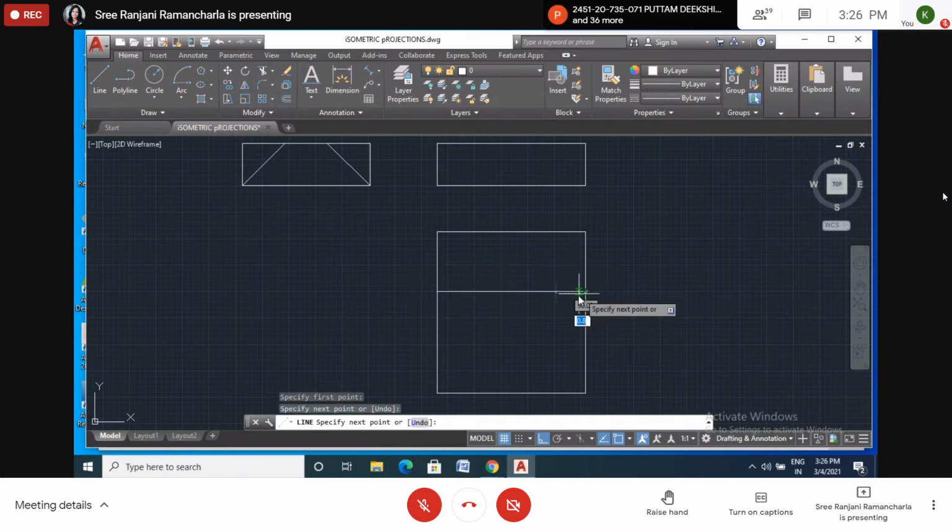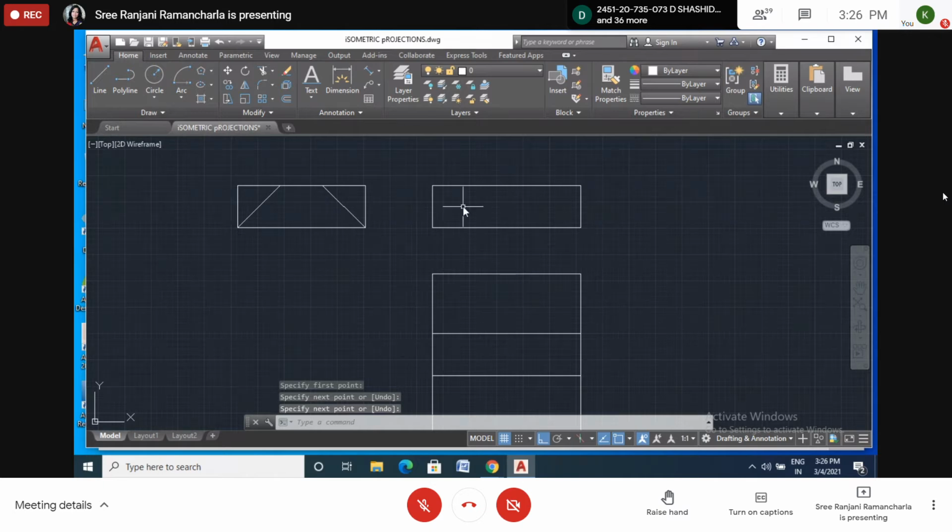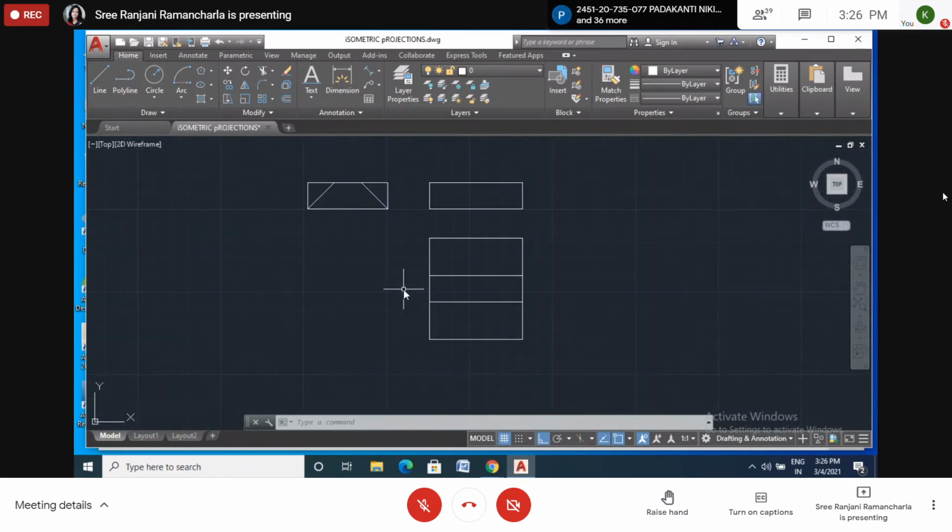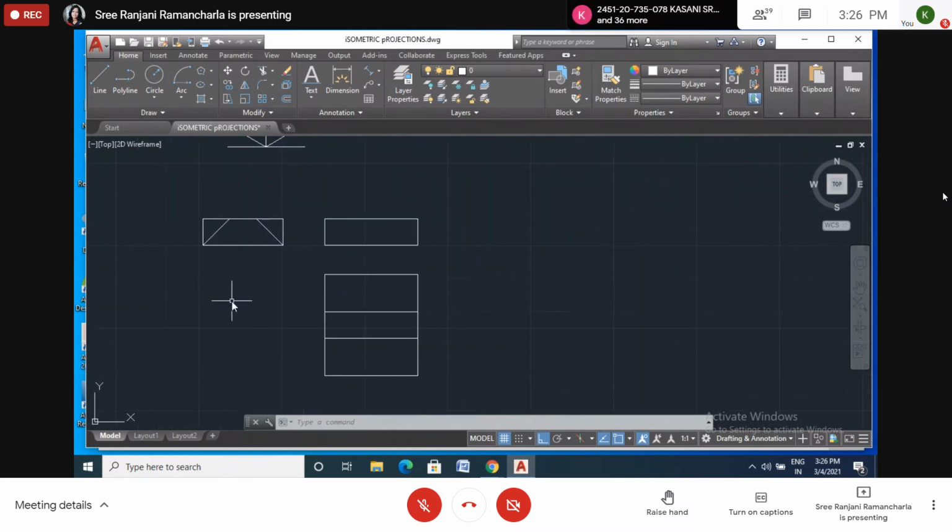Now, we'll draw this one like we are doing the development of surfaces. Okay. Now you got it. This is the sides, and by looking at this one, you should understand this is orthographic views. After looking at this one, you should understand how the shape of this solid is. So as for this, you have to draw the isometric projection. Okay. Now this is the given question. Now we have to draw the isometric projection.